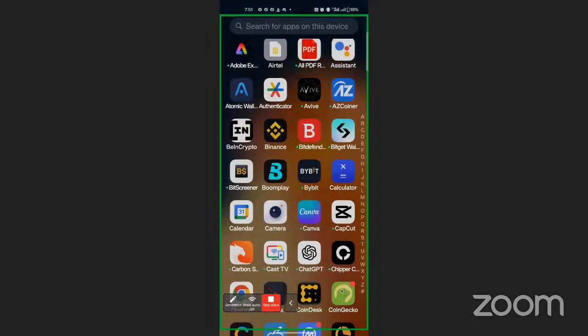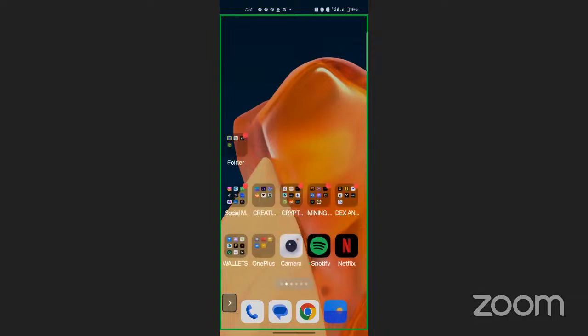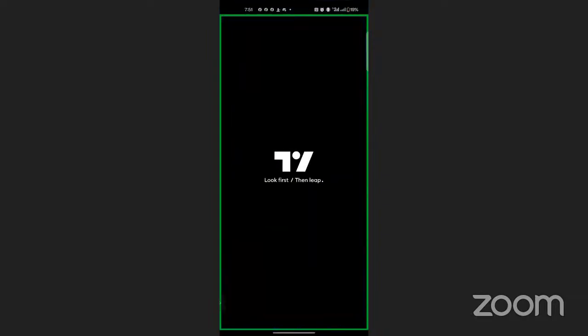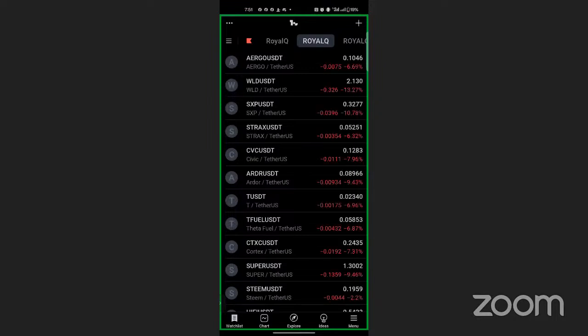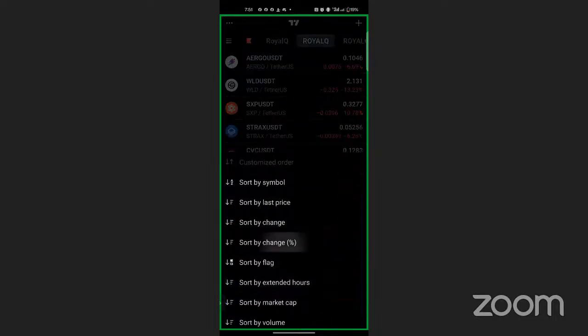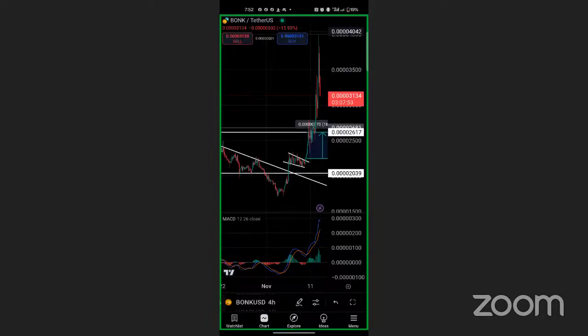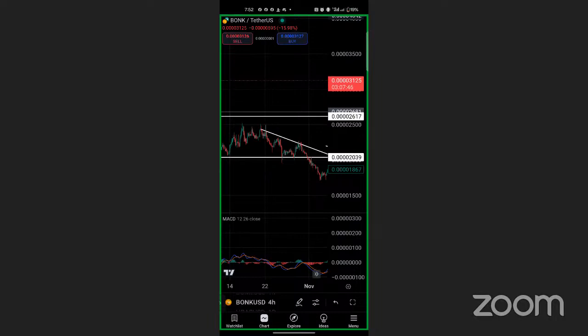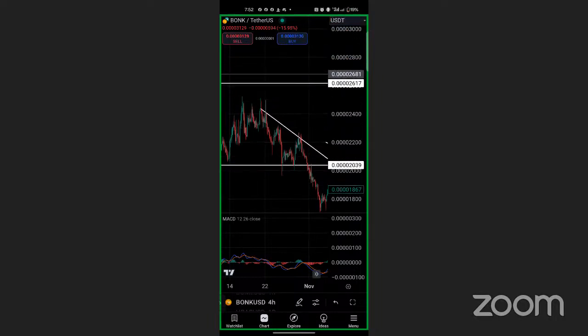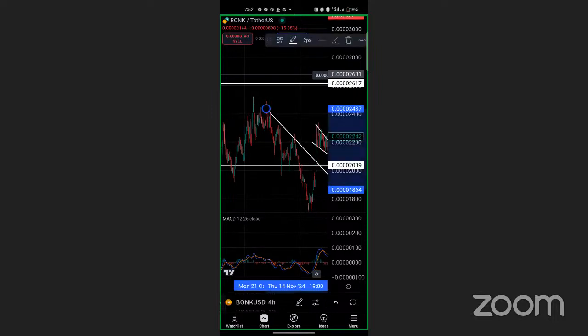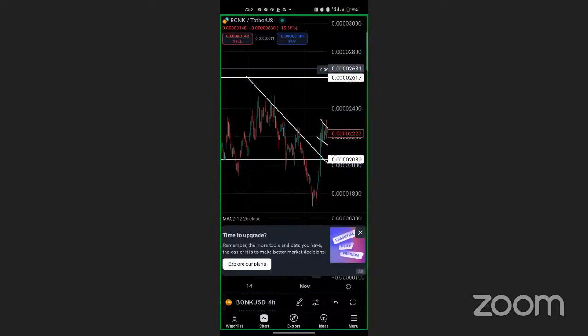Now let's try to go to the chart and see if we can find those shapes in the market. I will start from here. You can see